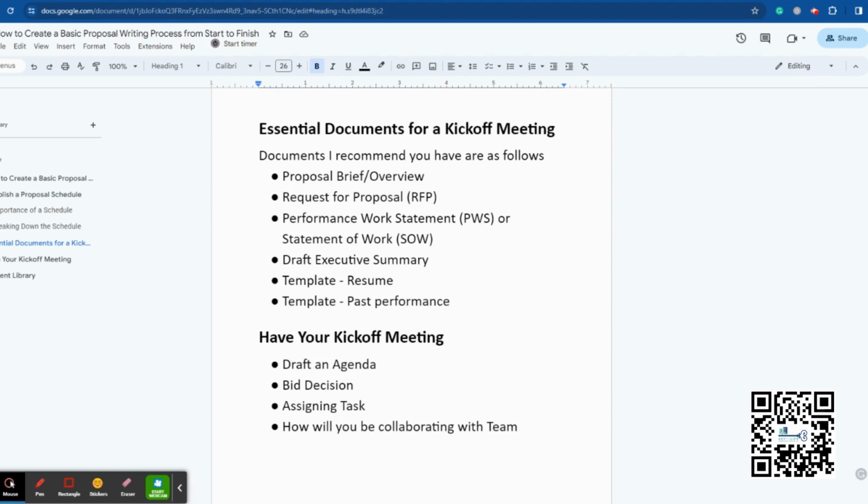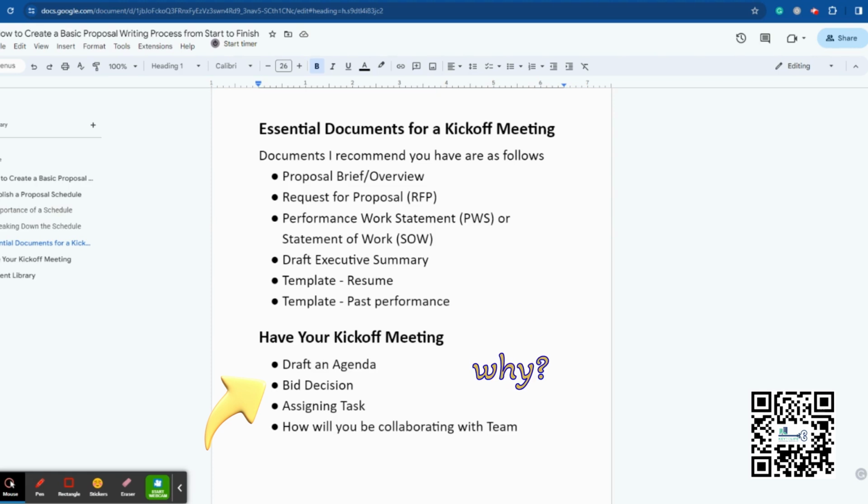So how many minutes should we focus on the clear scope of work, the average duration of time of how long we should take to write on each section? So just basically managing the expectations and considering the workload. That is very important. And then also you want to make sure you did a bid decision,